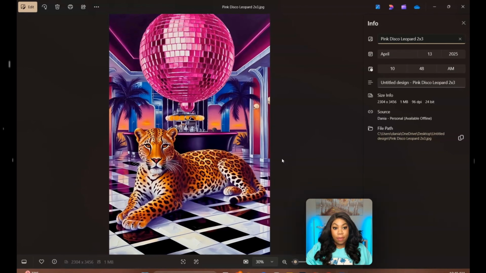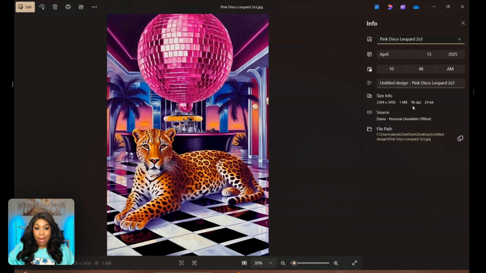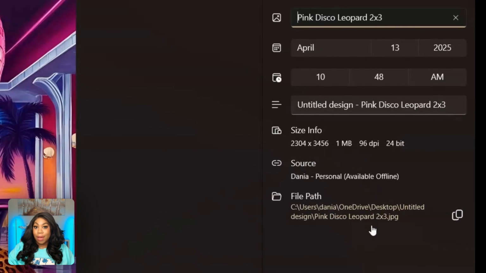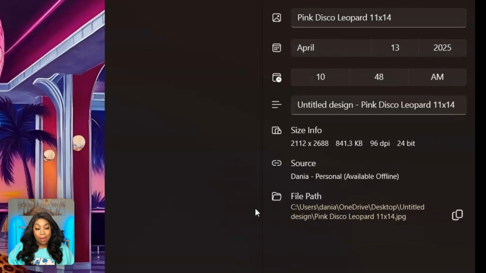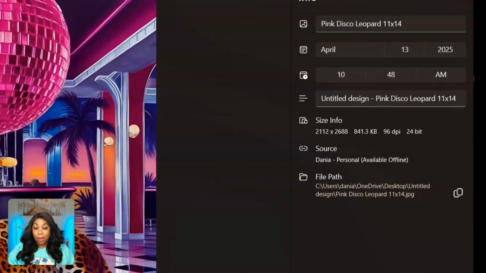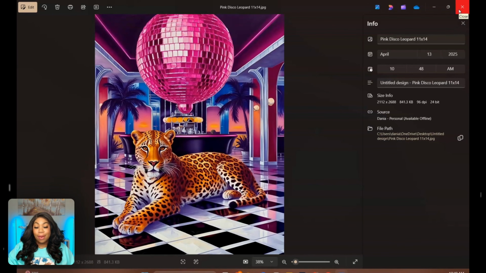We'll click here and then we can look right over here on the right hand side. We have a DPI of 96, not quite what we need, and we'll have the same thing for all 3, which is totally fine because I'm going to show you a quick and free way to get your images to